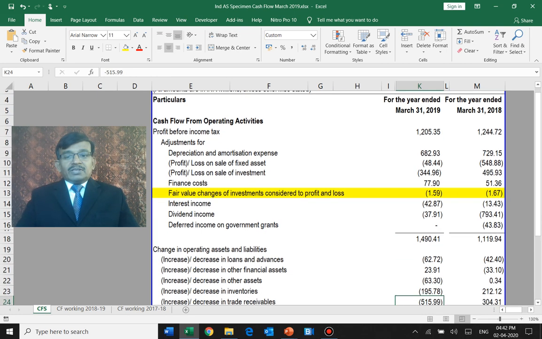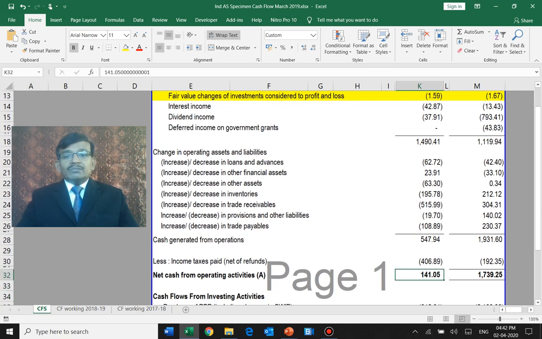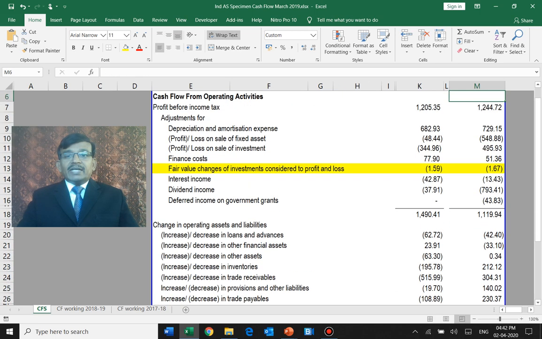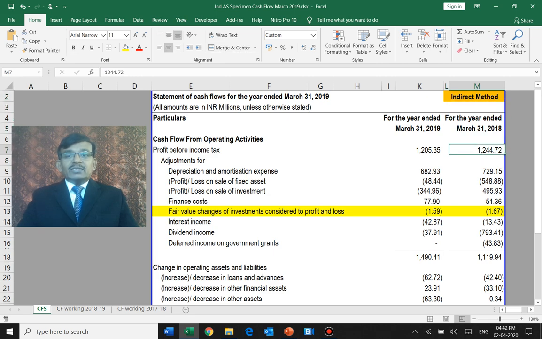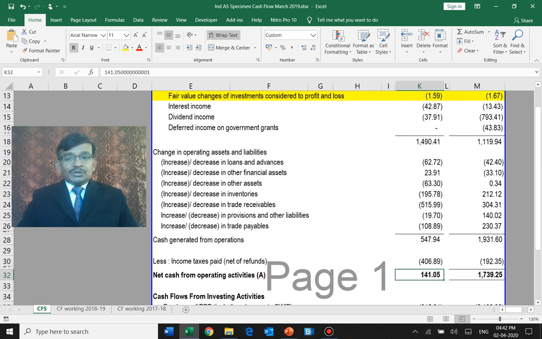But if you see, net cash which has been generated is only 141 million in the current year. Whereas in the previous year, it generated 1,739 million of cash, where the profit is only 1,244.72 million. So this type of scenario shows that the company has good profits, but still it could not realize